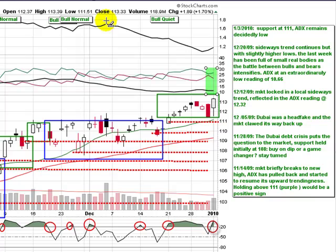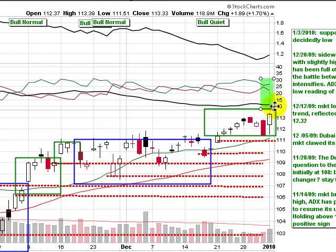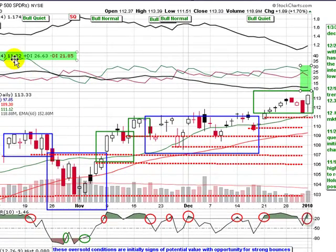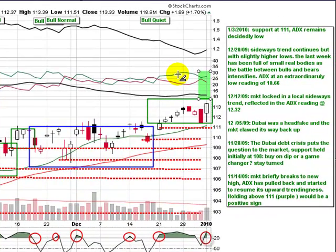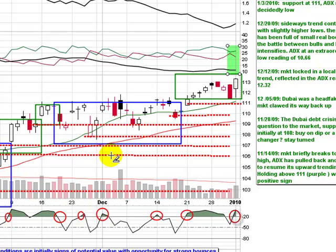You can see the long decline of volatility to historically low levels. Just started a minor hookup here based on the last 2 days of relatively volatile price action. You can see the previous days, the very tight ranges that are in play. ADX is at 11.22, which is extremely low, but the bulls are in charge and have been for the last 2 weeks. In the dotted red lines, you can see these price support levels that have been noted from previous